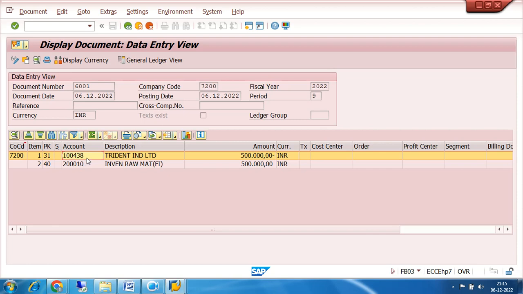10438, is it a general ledger? No, it is not a general ledger. So what is the 10438? It is the Trident India Limited subledger number, that is 31, that means liability. Posting key 40 is the debit,